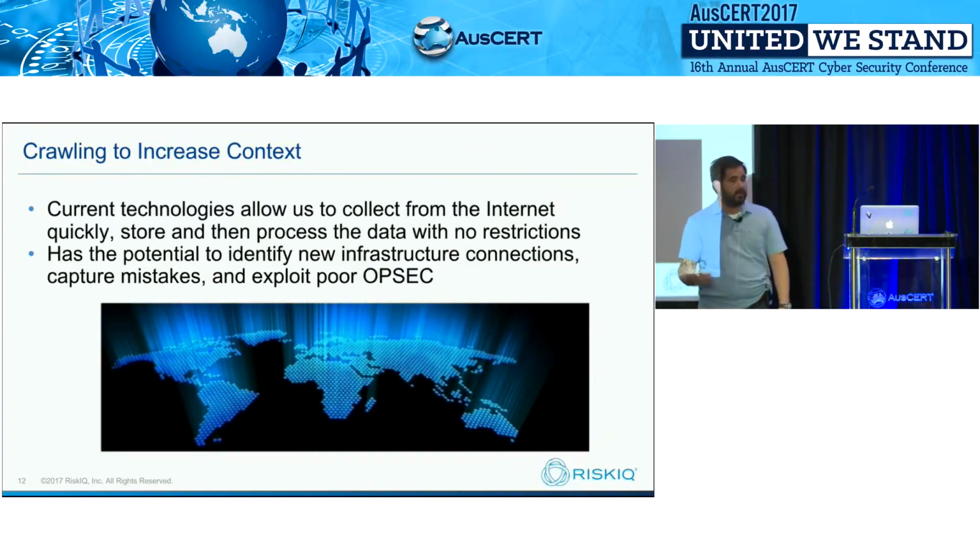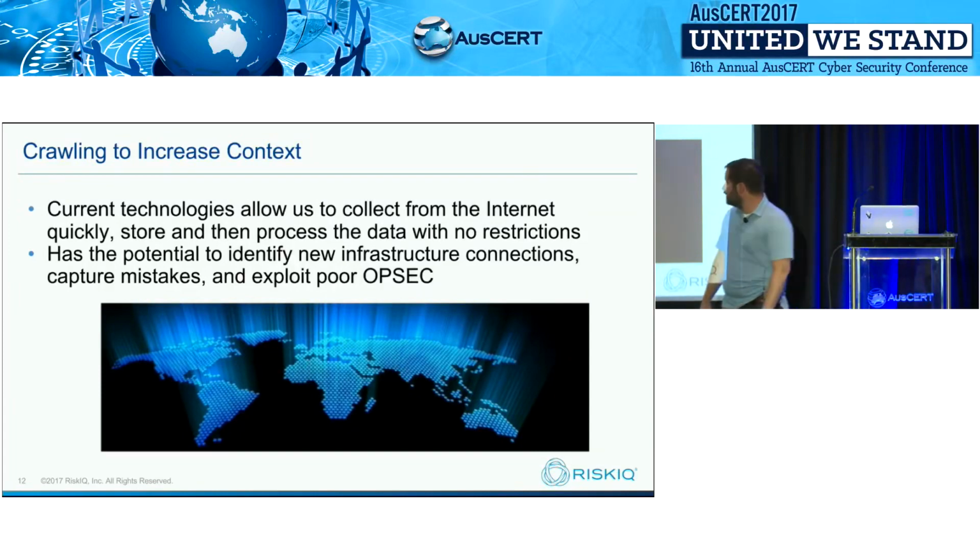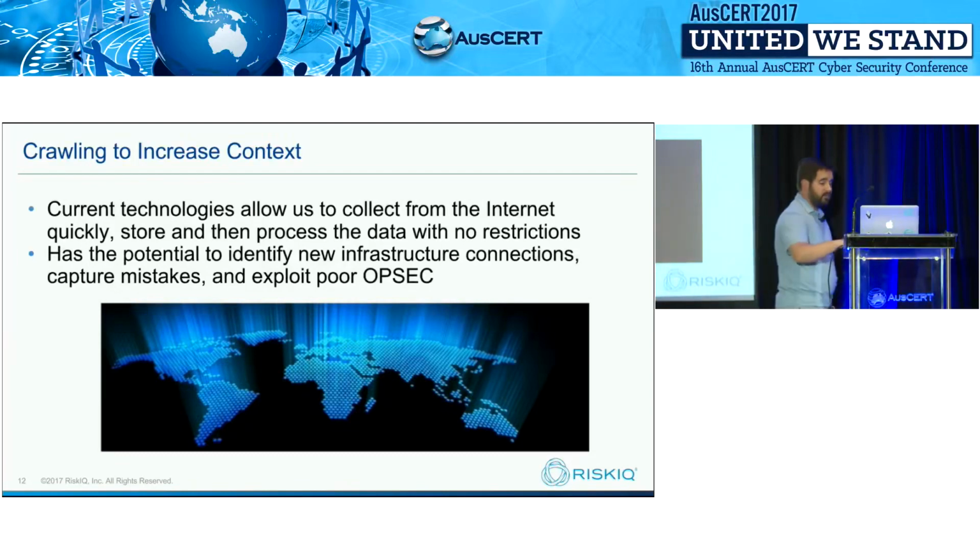By crawling the internet, we can get a lot of information from actors and organizations. Technology now allows us to do this in a very effective manner, to database it, and to index that information in the same way we look at WHOIS and PDNS. And what we're really relying on here is exploiting basic human weaknesses and poor operational security. The fact that someone is going to mess up at some point, and we can use that to our advantage as defenders.